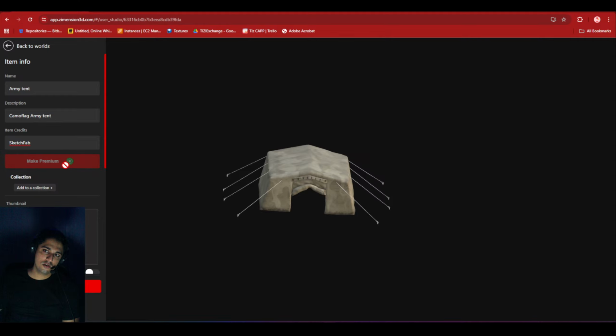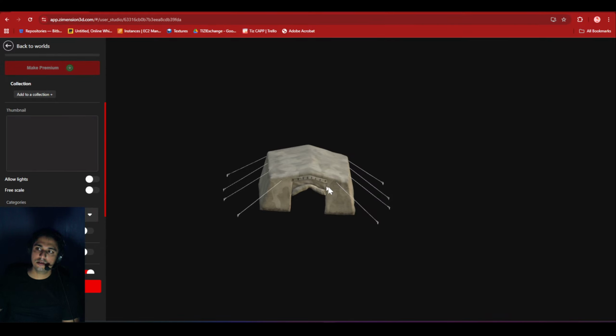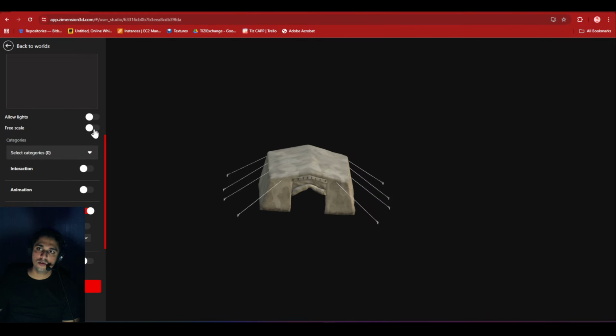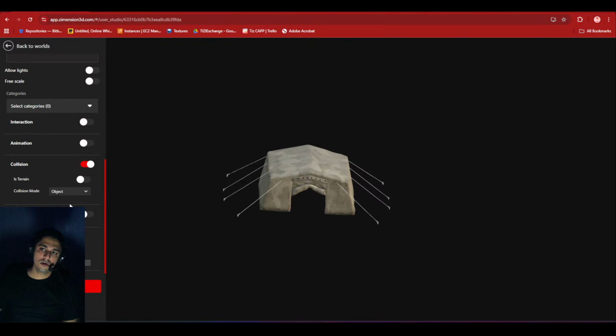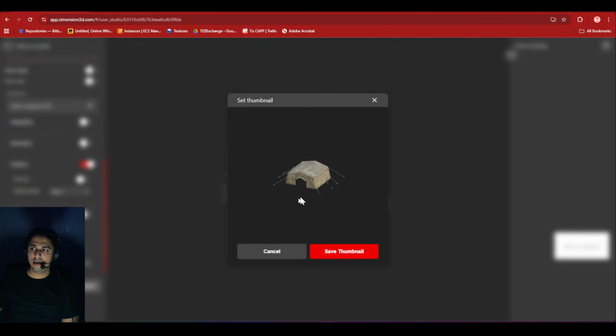Yeah, this is the option to make it premium, but since we have not created this item ourselves, that's why it's showing. You can trigger some default behavior, because once somebody loads it inside their own world, this should work. I can also trigger this box to object because I think it's low poly. And you can even attach sound to your object. Let's say there are some trademark dialogues associated with your character. You can also add them here in add sounds. And I'll click on create item.